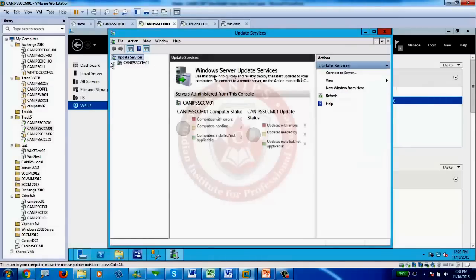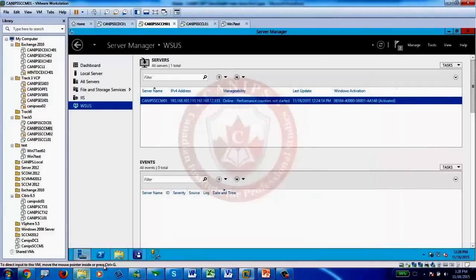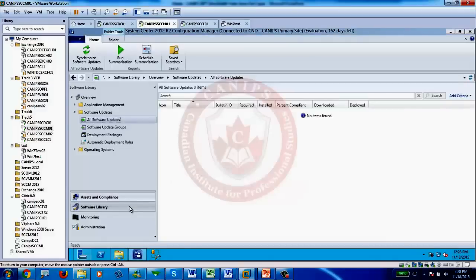But by doing this, I know that WSUS is properly configured. The console opens and it shows us, but there are no updates. This will all be done from SUP. So as far as WSUS, our task is finished. Now I'll jump on to